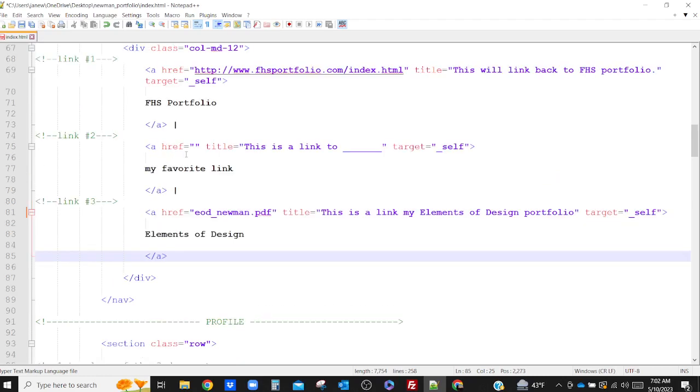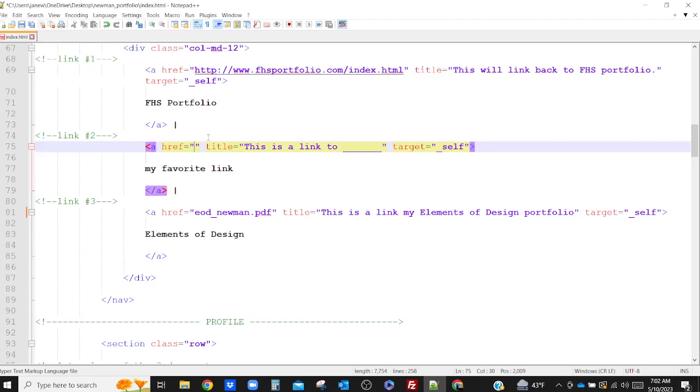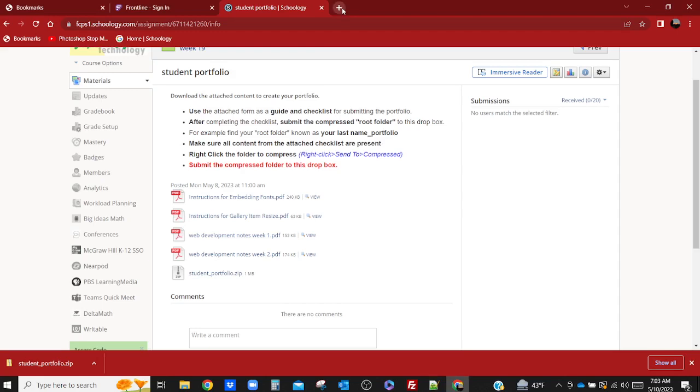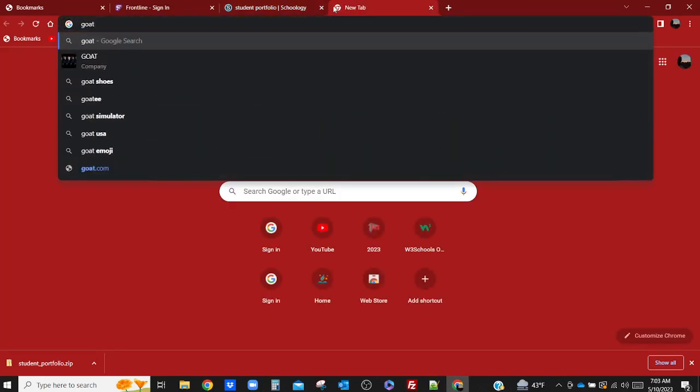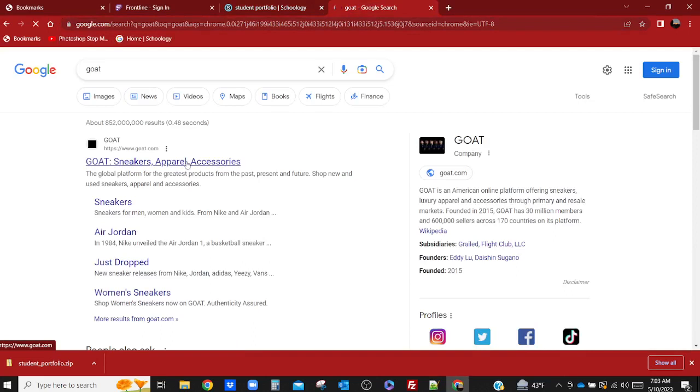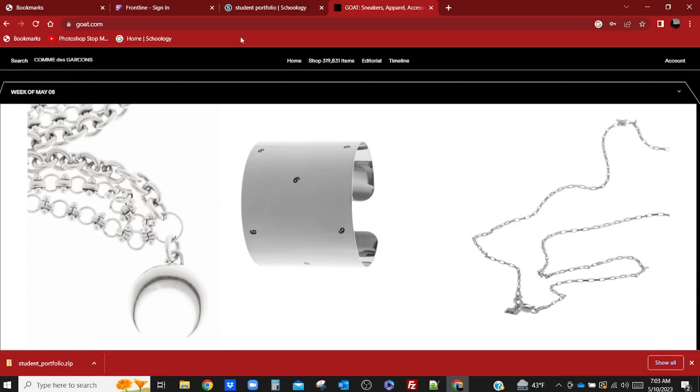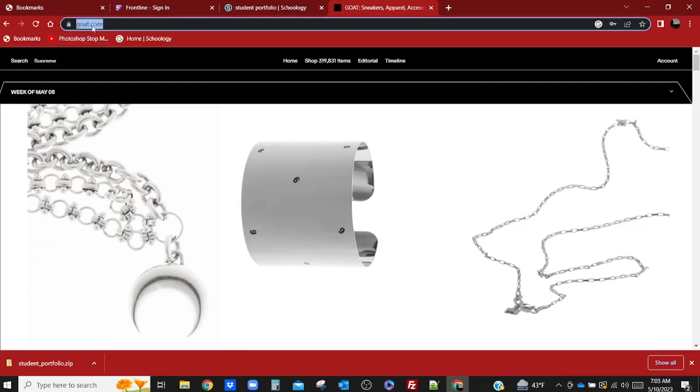And this one here in the middle. This is up to you. Now, I would really like you to use a website that is appropriate, of course. Maybe it's a site you like to look at when you're just kind of killing time, but it must be school appropriate. I like this site. And you would think, oh, I can just say www.goat.com, but that's not the case. All right. When you select the address, there's a whole lot more than just this. So when I copy it